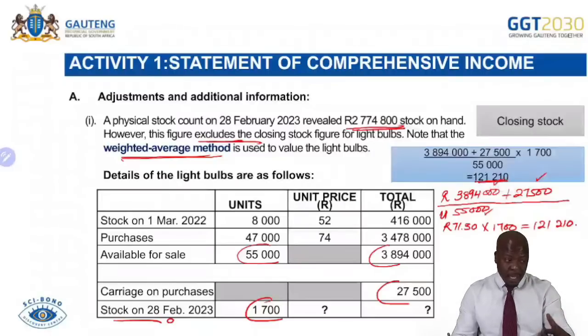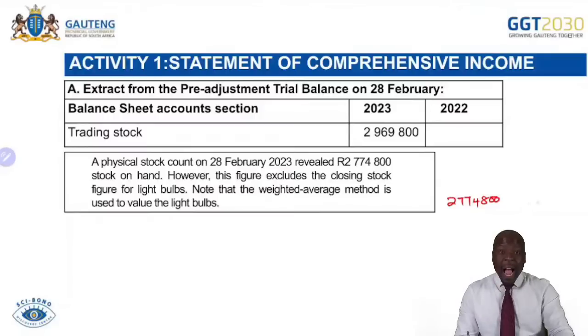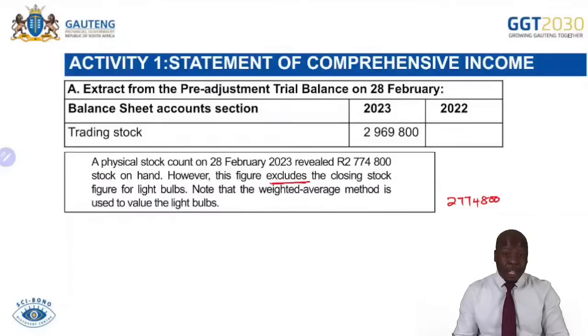So let's come and say, I have that amount, which is my 2,774,800. But I now know that this stock which was excluded has a value, and the value of the stock that was excluded is